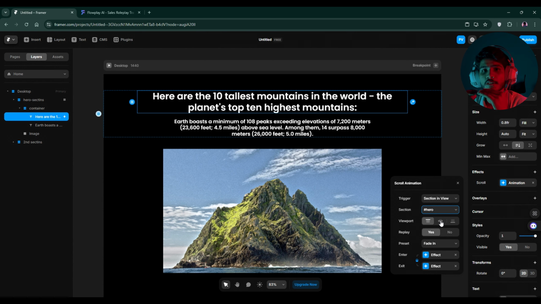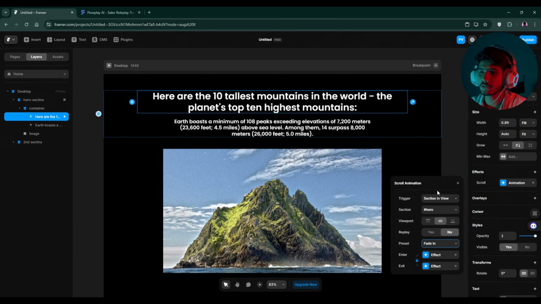The top one describes when the top panel of the section will go across the height of your laptop and your desktop. The middle one defines the animation when the screen comes to the middle of the section, and the last one describes when the desktop screen comes to the last. So let's go to the middle one. It is the perfect choice for designers and developers. Simply select this, and this is the replay section, where you choose whether you want to replay your animations or not. Simply set it to no, and these are the animations which we are going to perform.